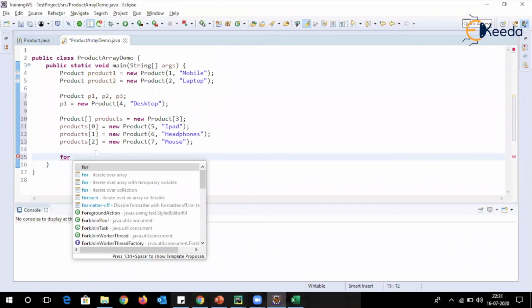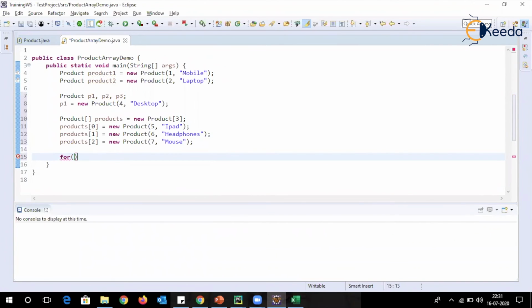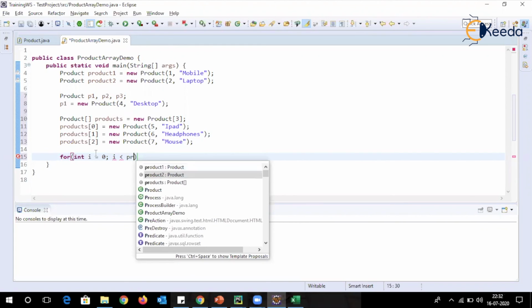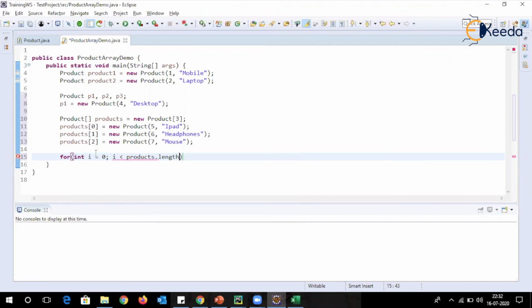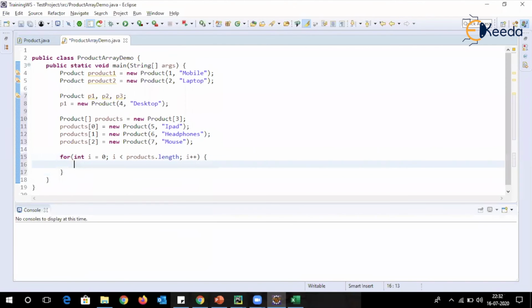We can make use of a for loop. For int i equal to 0, i less than products.length, i plus plus. So I'm using i for the index,